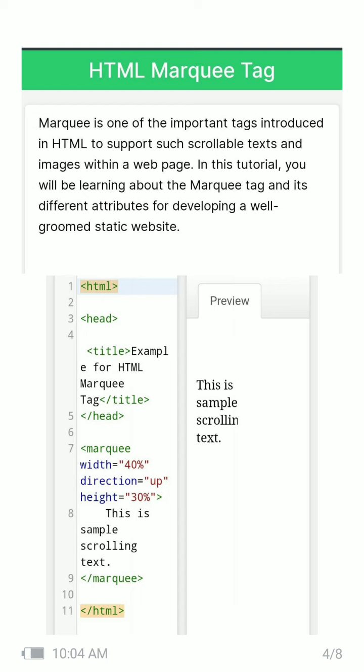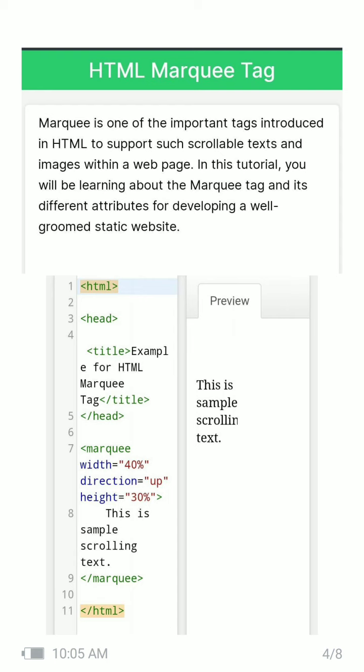It is like news channels, where the flash news or daily news is displayed at the bottom of the screen, scrolling either from left to right or right to left. These kinds of scrolling can also be created in your web page by using the marquee tag.